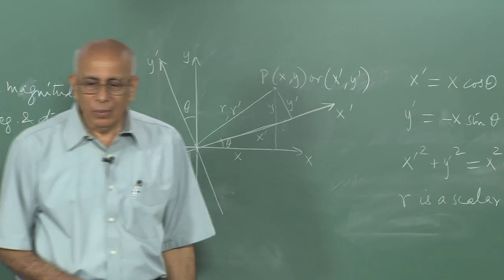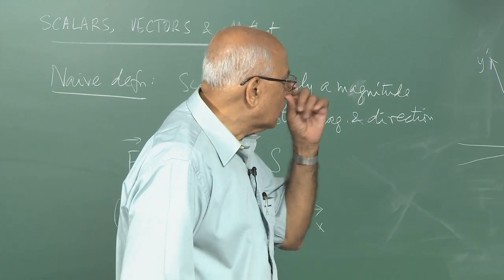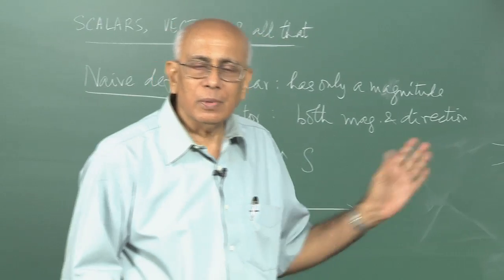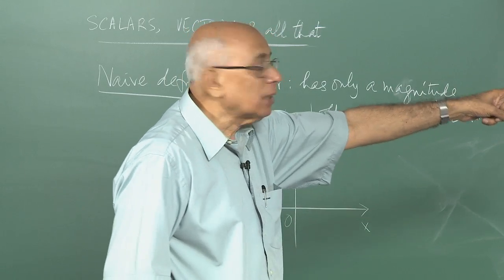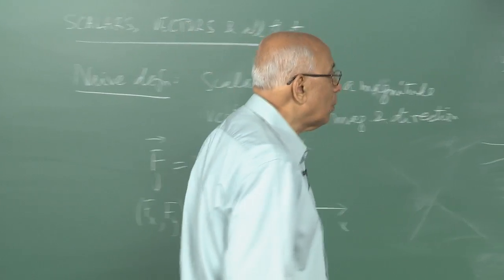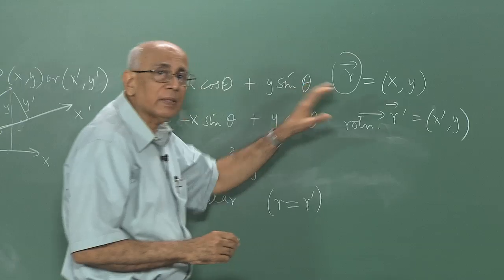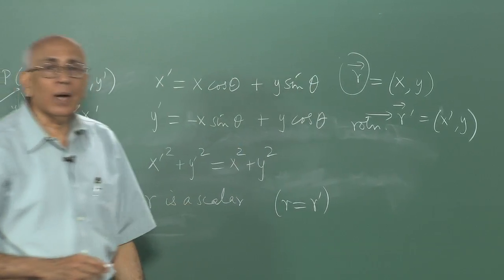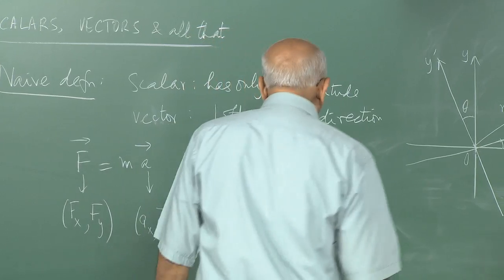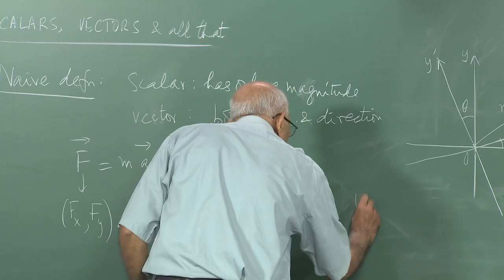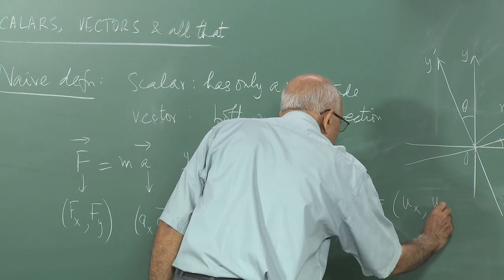What then is a vector? Well, as you know, in the naive definition it has a magnitude and a direction, and a little more sophisticated way of saying it is it's got two components. Once you have a two-dimensional world, a vector has two components. For instance, the position vector of a point is r, x comma y. This is our primitive basic vector. And now the definition is that any quantity with two components, let us call it u and put an arrow there, and it has got two components ux and uy,